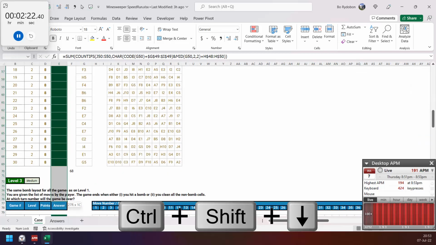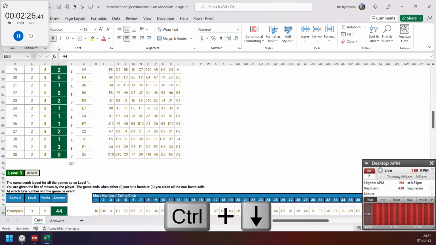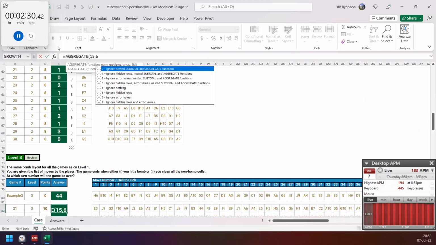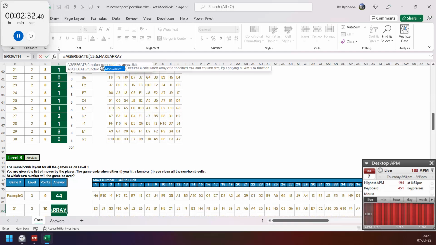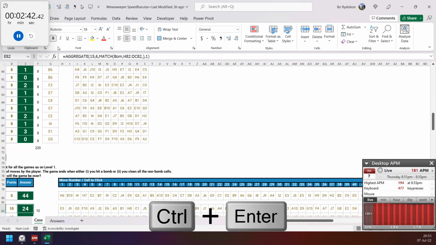Okay, and copy down here. Next, this just uses the minimum of the match on bomb on this cell, and minimum of 1.